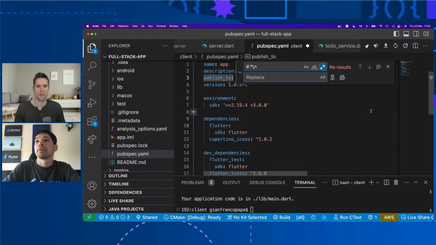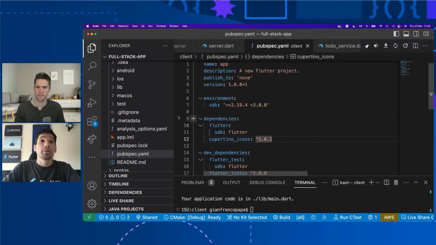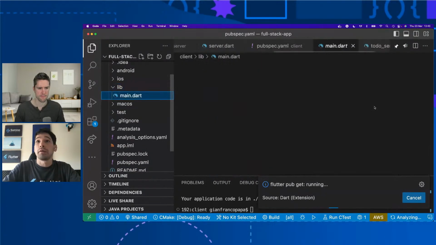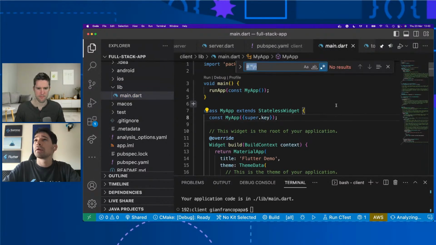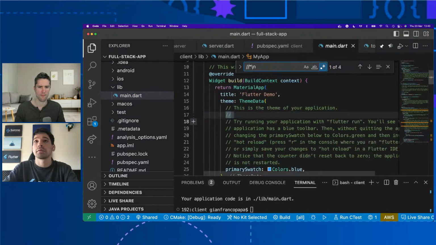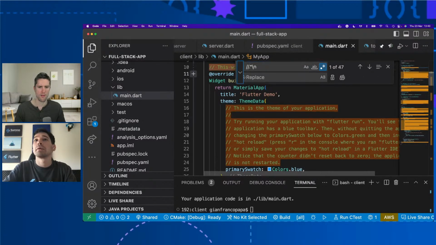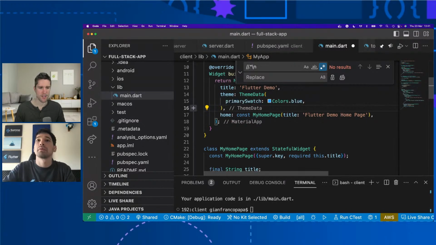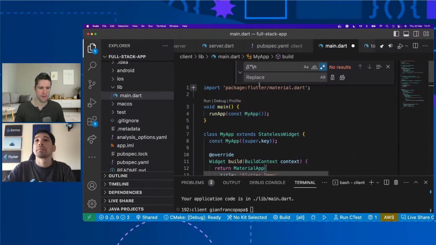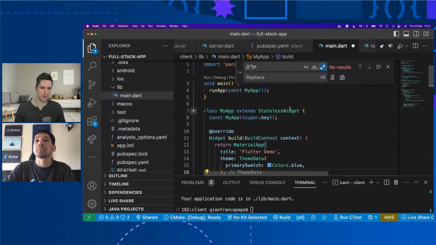Okay. We are going to do the same for our main file. So here, let's replace this for the comments. You know, I discovered the other day the --empty flag on flutter create. It just doesn't put all this gobbledygook in the files for you.